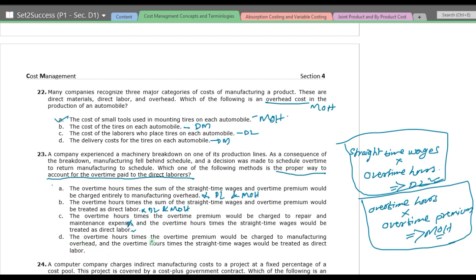The overtime hours times the overtime premium would be charged to MOH. Yes, this is the first part, that is charged to MOH, and overtime hours times the straight time wages would be treated as direct labor. So this is the correct option, because overtime hours times the straight time wages would be treated as direct labor. Next,